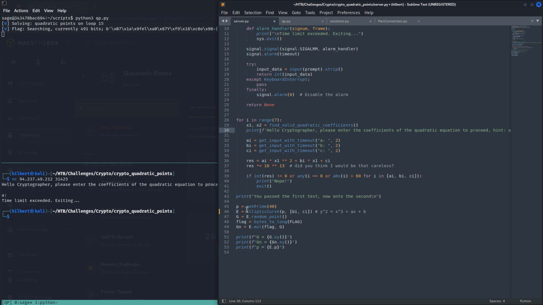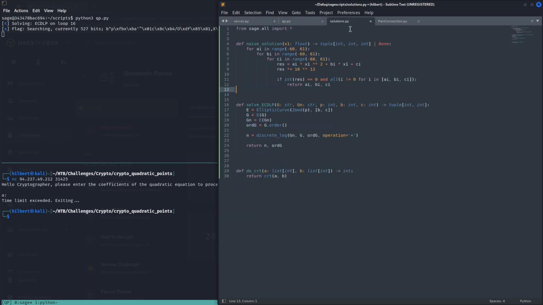There's a lot of interesting math behind how you would solve the elliptic curve discrete logarithm problem. Well, we don't have to know any of that. All we need to do is use Sage math, which again, there are other tools you could use, but everyone uses Sage. And so my solution here,